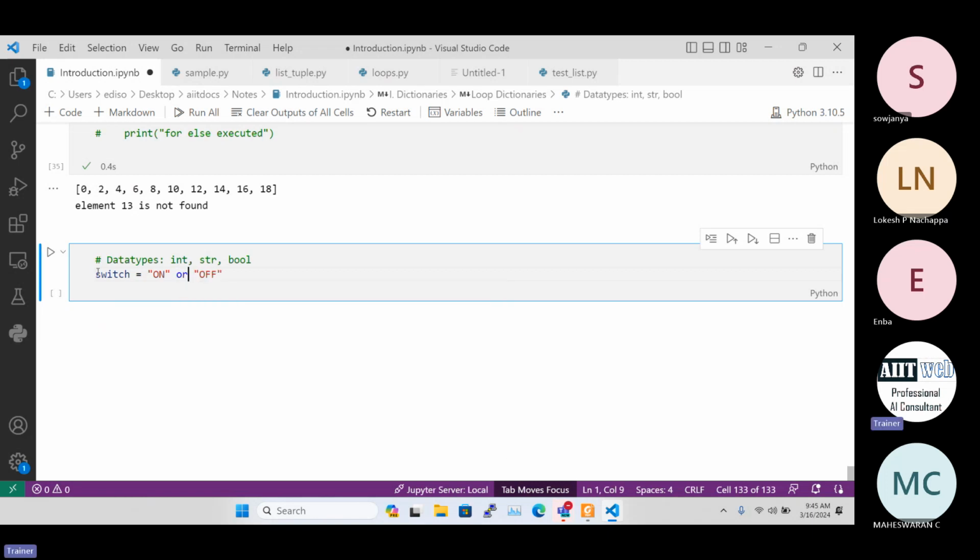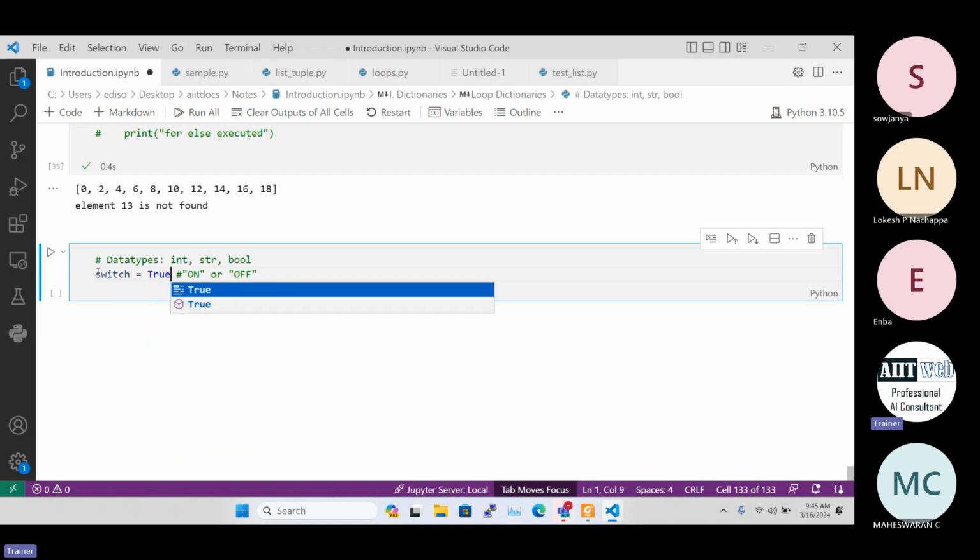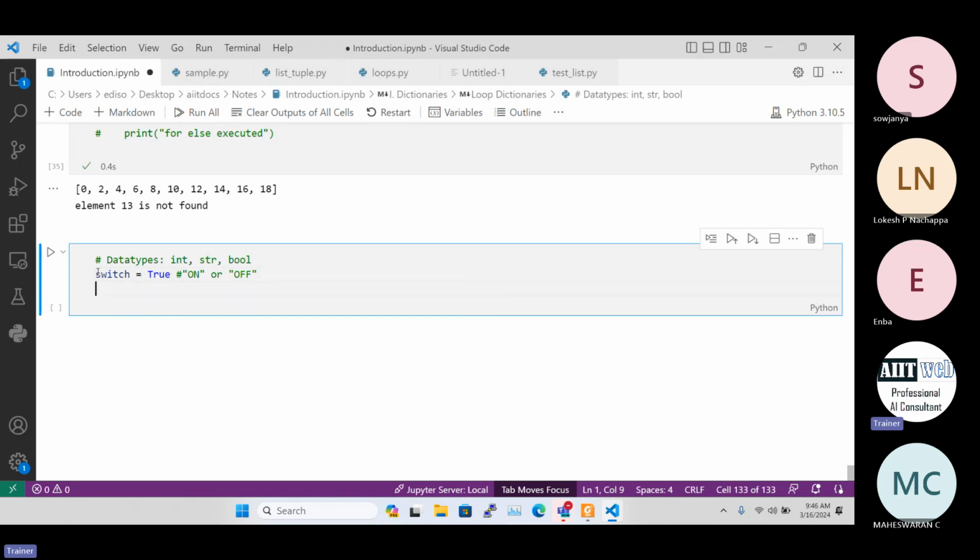So we don't need to define a string or something. Instead, I'm just giving a boolean for the state we are going to have. For the switch is on, we can have it as true. Switch is equal to true means it is on. Switch is false means off. So what we can do, if the switch is on,